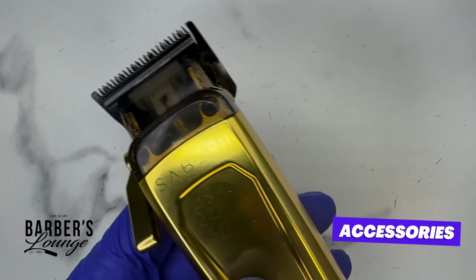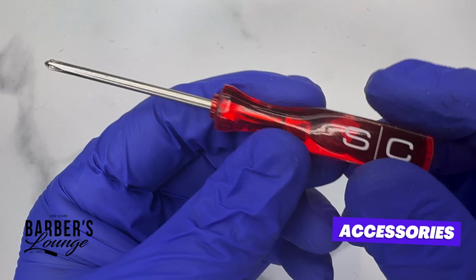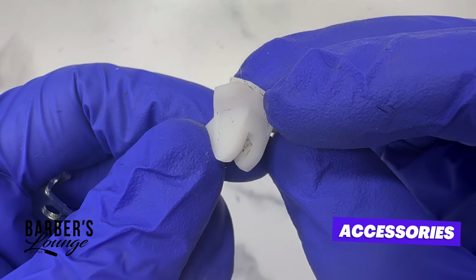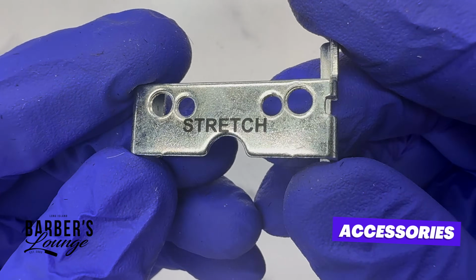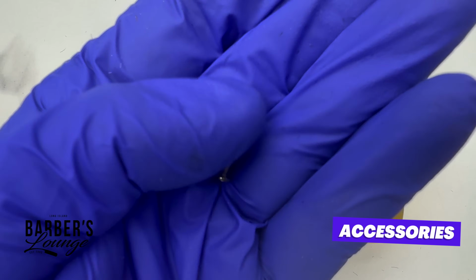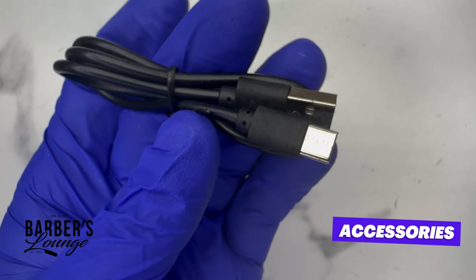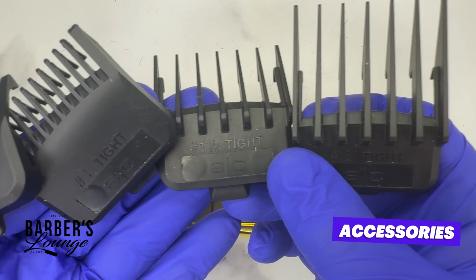So for the Saber 2, typical things. We get the oil, we get the useless brush, we get the screwdriver, the blade cover, extra cam follower to replace when your machine gets loud, stretch bracket to make your machine cut to a longer cutting length with no guard, extra replacement screws in case you lose them, 9-foot power cord, USB-C charging cable,